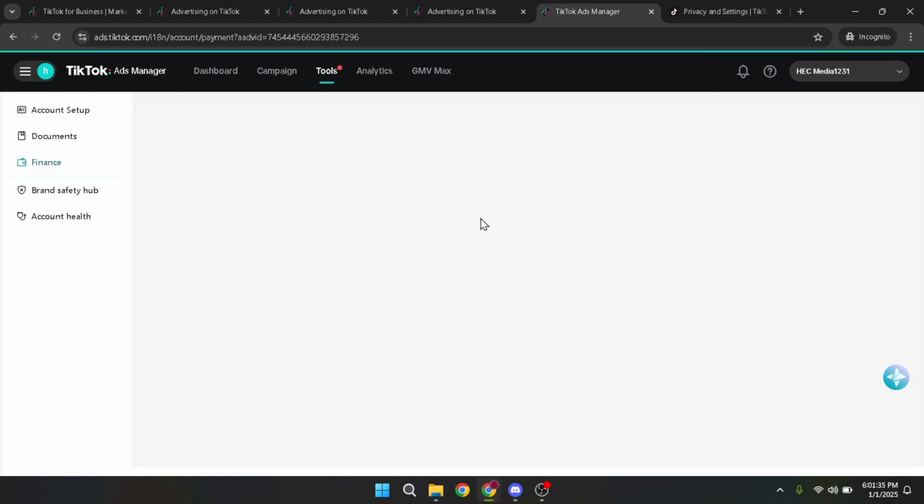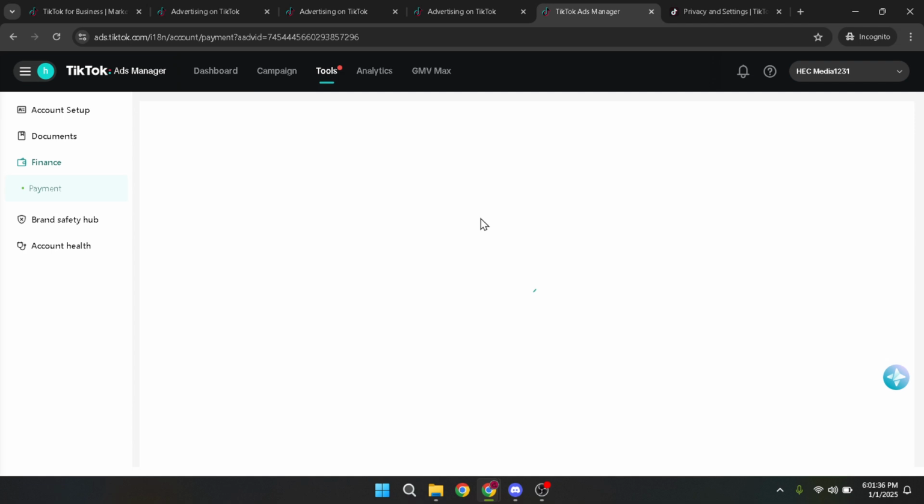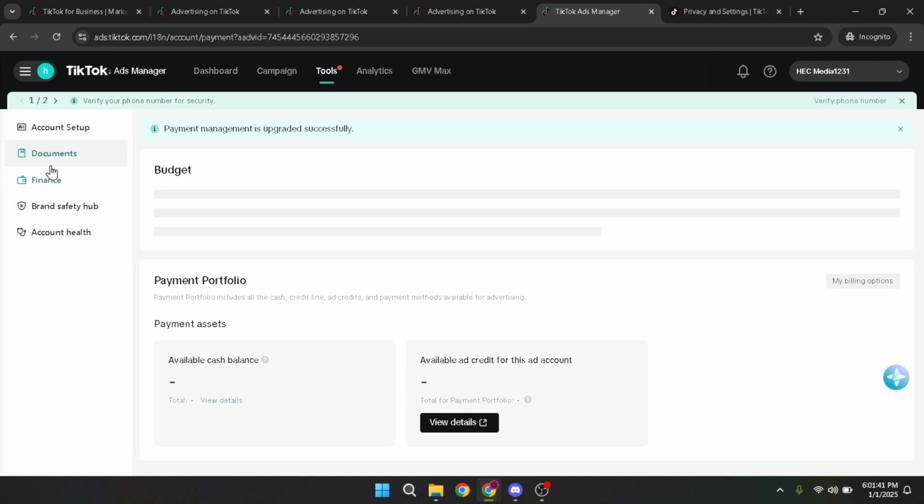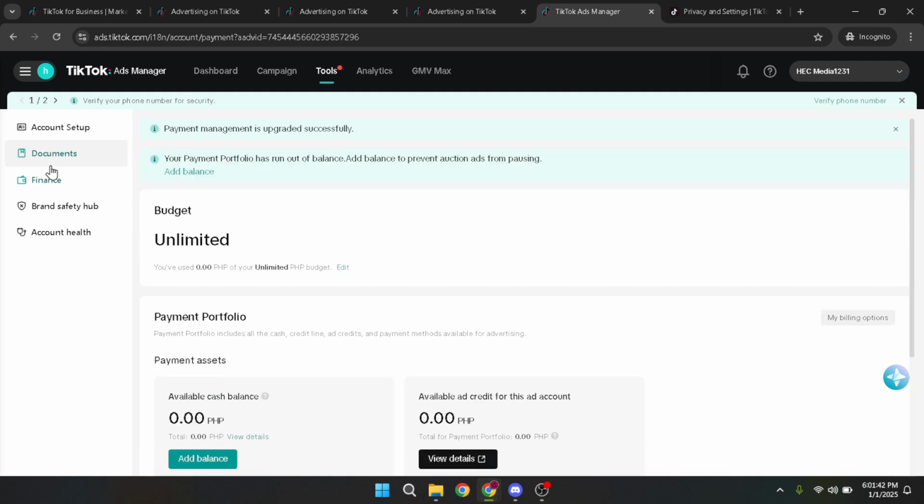Within the Payment section, there's a specifically dedicated area named Finance. Click on it to move forward. Here you're getting closer to the real meat of today's tutorial, checking your ads balance. And finally, within the Finance section, you'll find the Payment Assets option. This is your final destination. Clicking here will reveal your TikTok ads balance. It's a straightforward display of your available funds, which can be crucial for planning your next campaigns or adjusting your